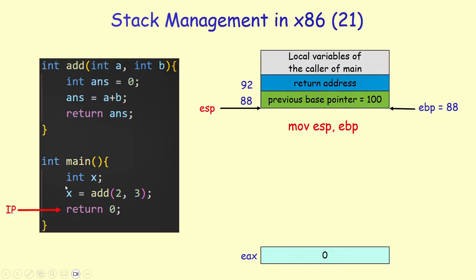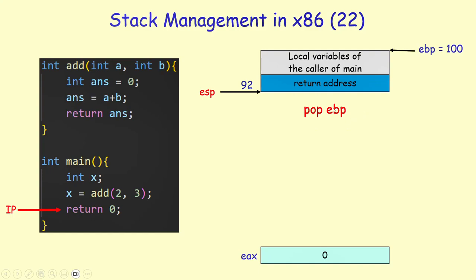So, in this example, I have just one local variable, but assume that you had 10 local variables. You could have just wiped them out with just this one statement by saying move ESP, EBP. That wipes out the space that you allocated for all the local variables of this function. Next, we need to restore the old value of the EBP by saying pop EBP. That takes the value that's stored on the stack and puts it into the EBP. So EBP is now equal to 100 in this example. That's the base address of the call stack of the function that made a call to the main function.